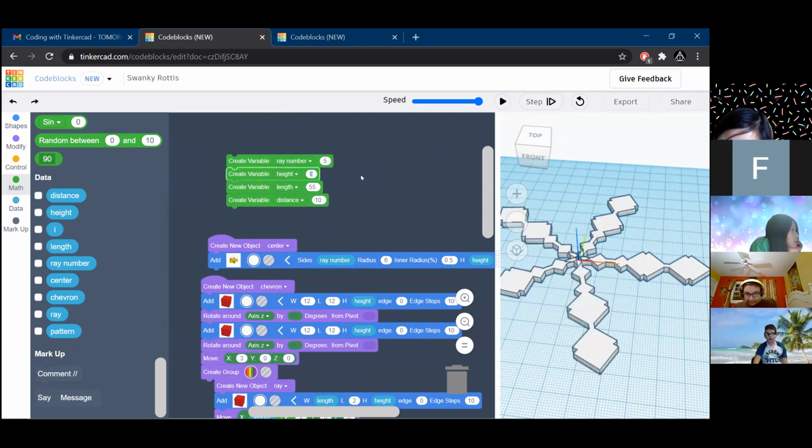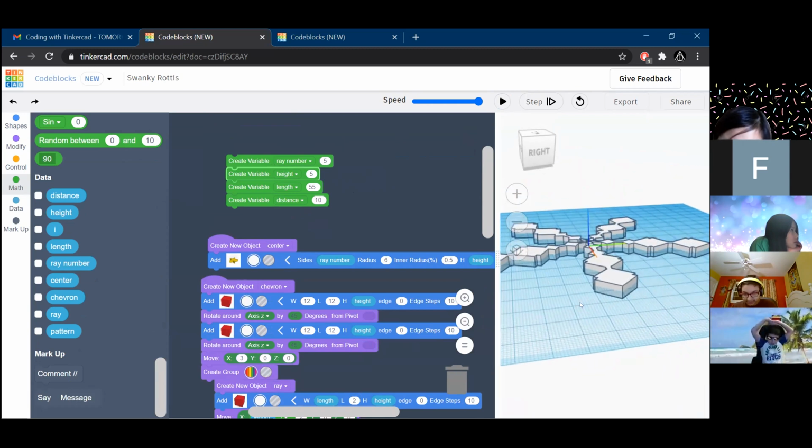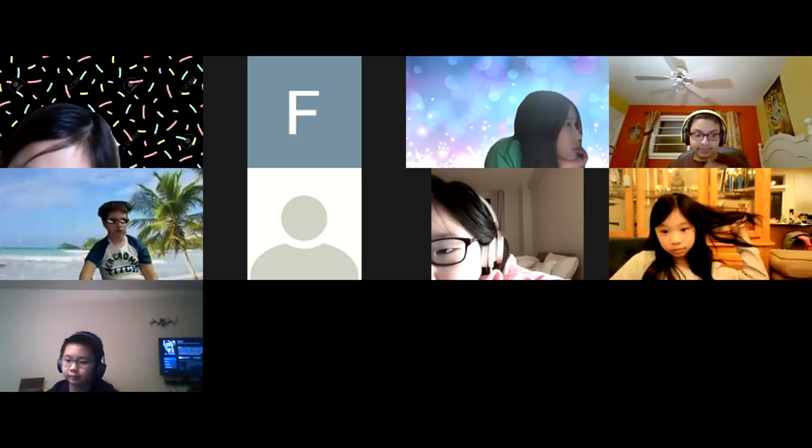If you want to set your height to be something thicker, you can do that. So, I'll give you guys a couple of minutes to play around with the settings, make your own unique snowflake from this. And then I'll show you guys how to share it, how to send it. And let me know if you have any issues or questions.